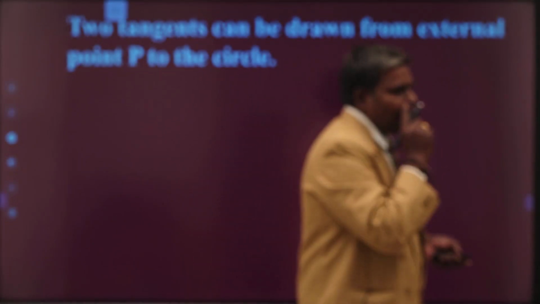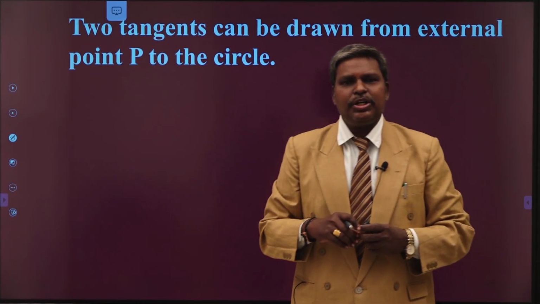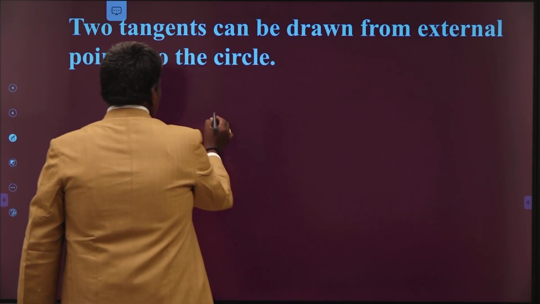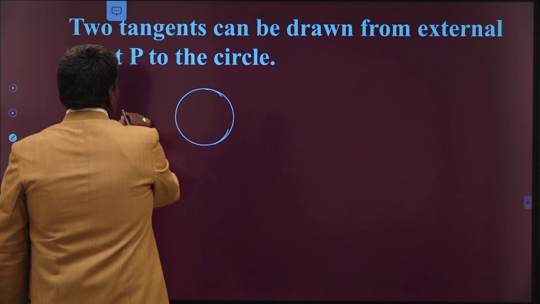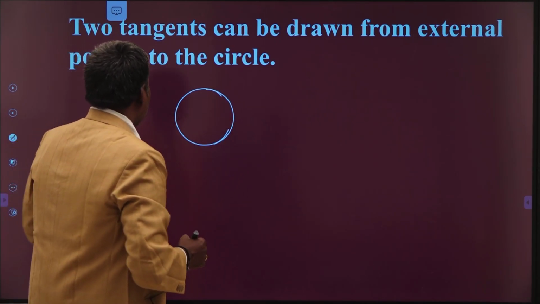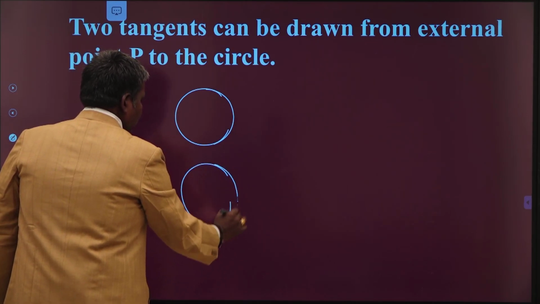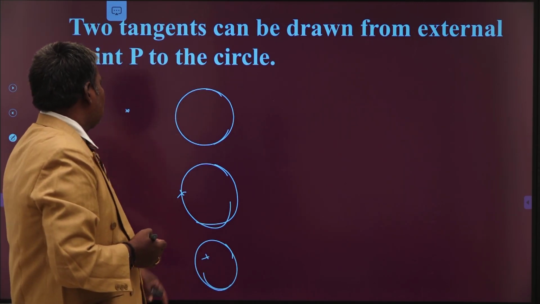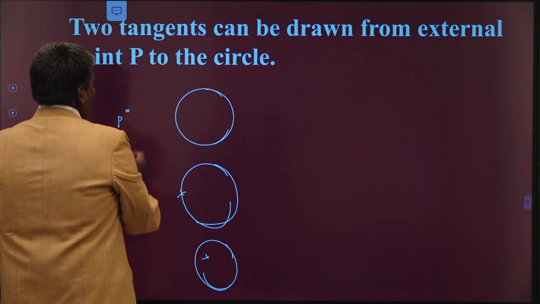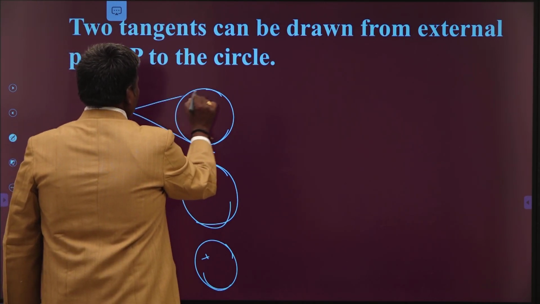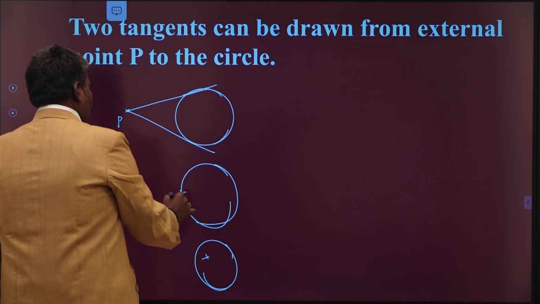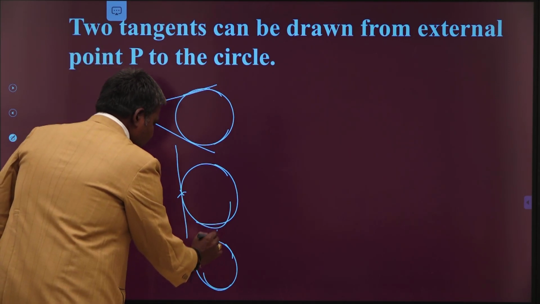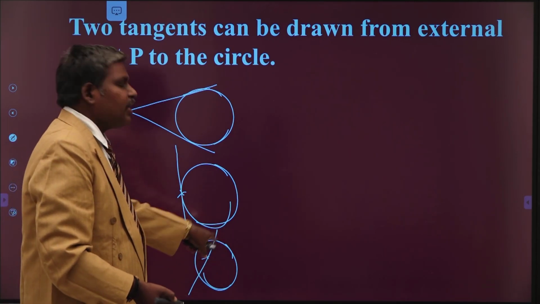Next concept is how many tangents can be drawn from a given point to the circle. Some circle is given to you. Some point is also given to you. The point may be outside, or on, or inside. These are the possibilities. Suppose your point P is outside of the circle, how many tangents can you draw? From the figure itself you can draw 2 tangents. For a point on the circle, you can draw only 1 tangent through that point. If your point is inside of the circle, you can't draw a tangent through this point to the circle.